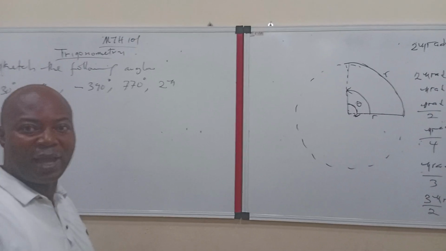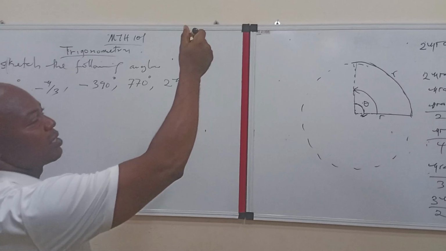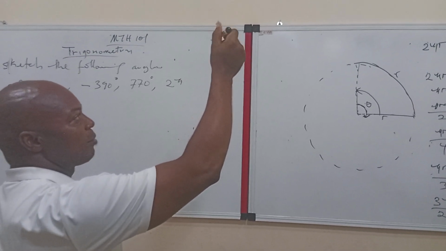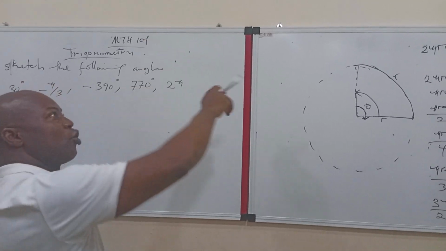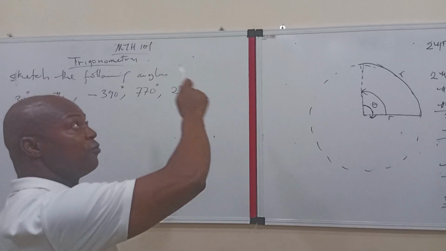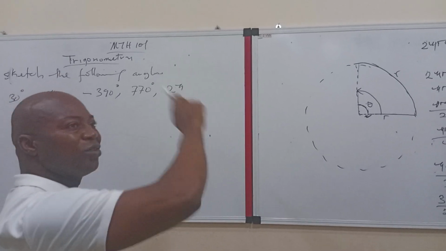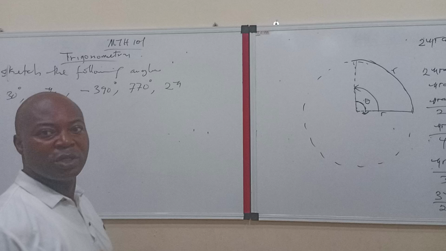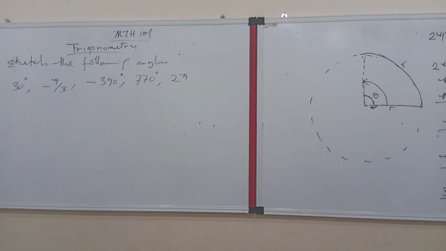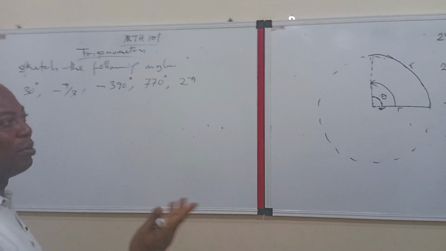If you take a fan, with the fan blade at this point as the reference point, the blade rotates in this manner and comes back. The fan doesn't stop once you turn it on. It will complete one revolution, then come again. So you can talk about several revolutions, and it depends on the number of revolutions we're talking about. What we are saying is that angles can be more than